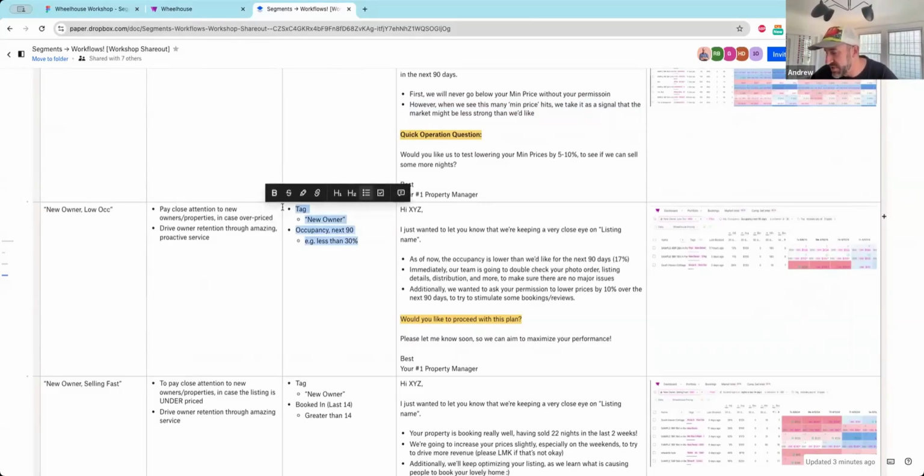Especially with those new owners, you might want to be extra wary about their properties not performing. And imagine the new owner getting a note very quickly saying, hey, we just want to let you know that your occupancy is lower than we'd like. We're still doing a little bit of price discovery on your property. Is it okay to change? We'd recommend X. That's the type of email you want to be able to send.